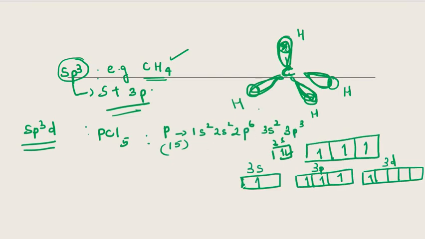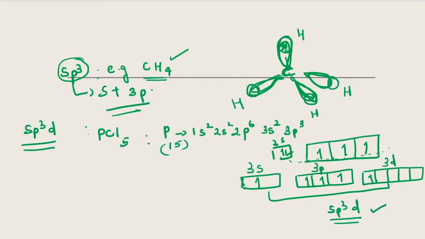Since phosphorus is forming 5 bonds, what happens to our configuration? One electron from the 3s orbital will move to the next d orbital, because half-filled orbitals are required for bonding, and here the 3p orbitals are already filled. So one electron will move to the d orbital, and thus what will be our hybridization? One s, three p and one d. So our hybridization becomes sp3d. That is 5 orbitals; these orbitals mix with each other to form sp3d hybrid orbitals.